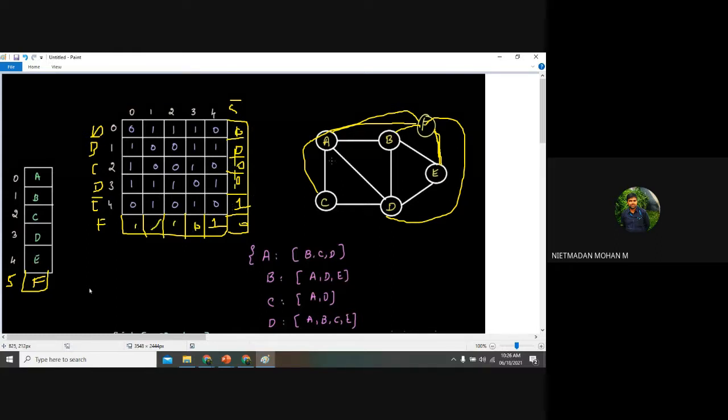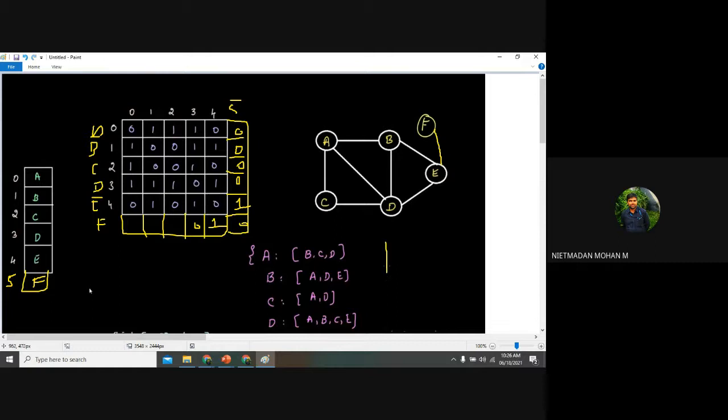Clear? Yes, sir. Same in the list concept. How will the list concept be? We are creating a key called F, and after creating F, what will the element be inside? Just imagine only one node, only one edge I am creating.